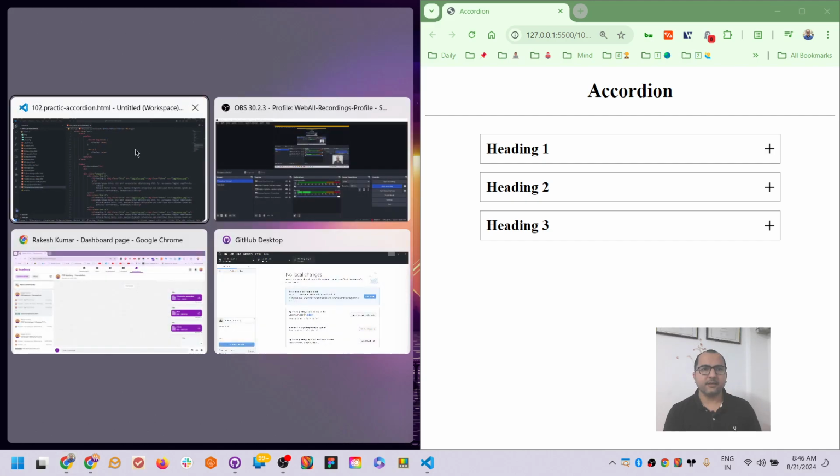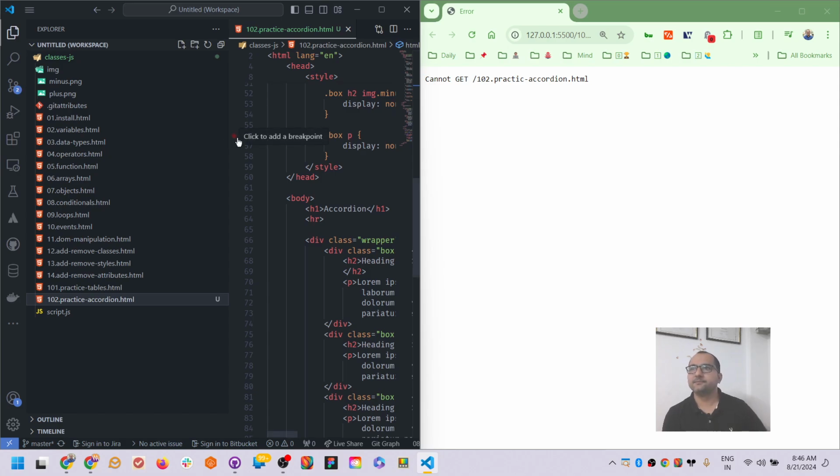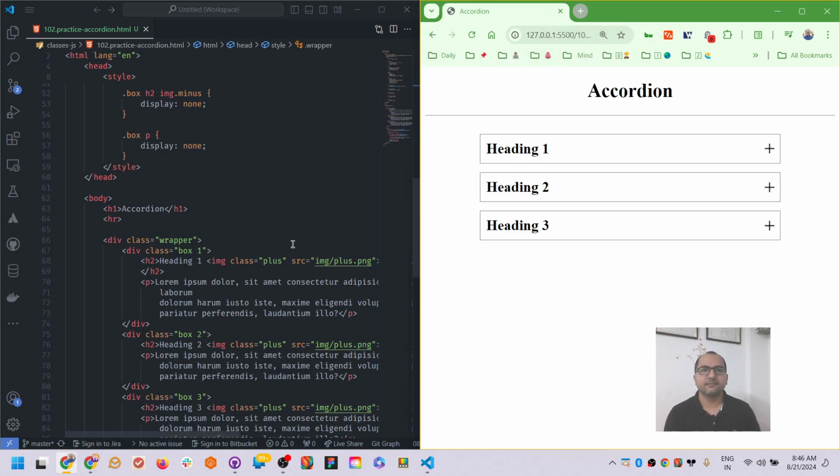And let me explain what HTML and CSS we have written. The folder structure for this is the file name. Over here one spelling mistake is there, it should be practice accordion.html. You can do the changes later. And then this file is here also, I need to put E. Yes,